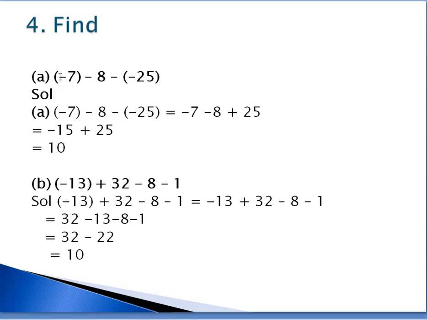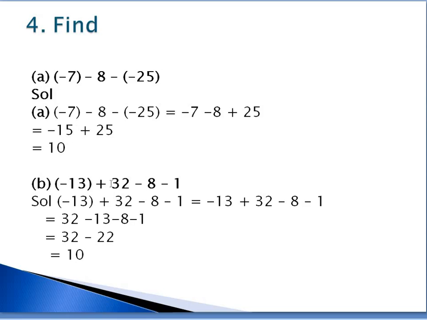Now minus 7, minus 8, minus of minus 25. You know the subtraction of a negative integer, that is you have to write the additive inverse of this. So additive inverse of minus 25 is plus 25. So minus of minus 25. We are subtracting an integer, the same as adding the additive inverse. Additive inverse of minus 25 is plus 25. Now here minus 7 minus 8 if you add is minus 15 and 25. Minus 15 plus 25 is 10. Because one positive, one negative, you subtract and put the sign of the bigger one.